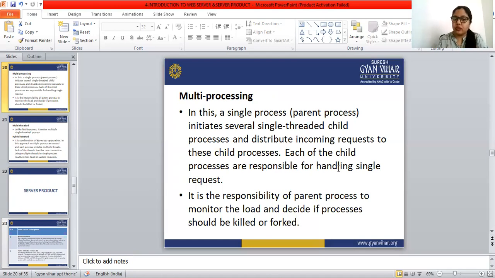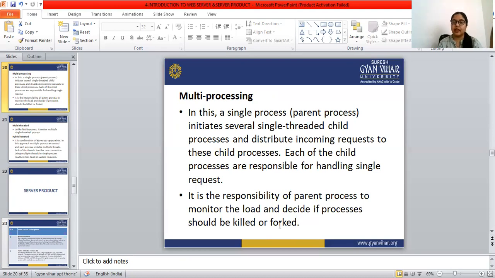It is the responsibility of the parent process to monitor the load and decide if processes should be killed or forked. The parent process forwards all the requests to the child processes. Another responsibility of the parent process is to monitor the load and decide whether processes should be killed or forked.